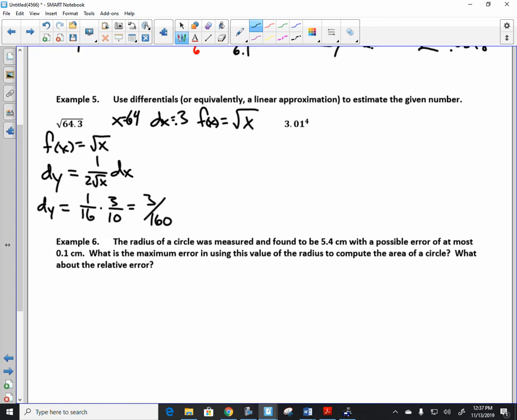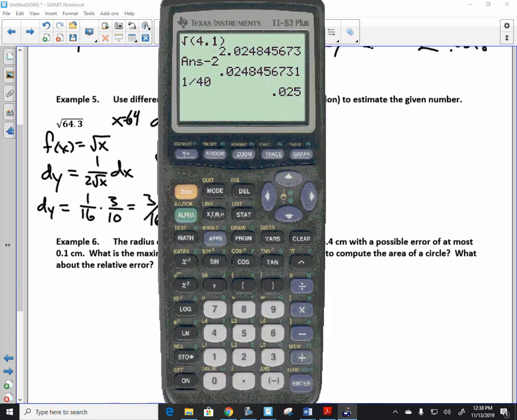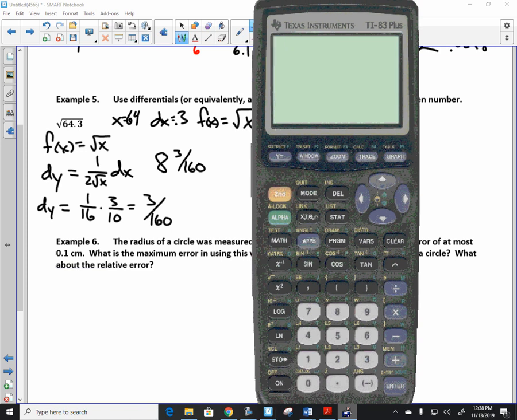We know the square root of 64.3 is approximately what? It's close to 8, right? So from 8, you go up 3 over 160. So 8 and 3 over 160. That's approximately the square root of 64.3. Let's see how close we are. 8 plus 3 divided by 160. I get that. If I take the square root of 64.3,